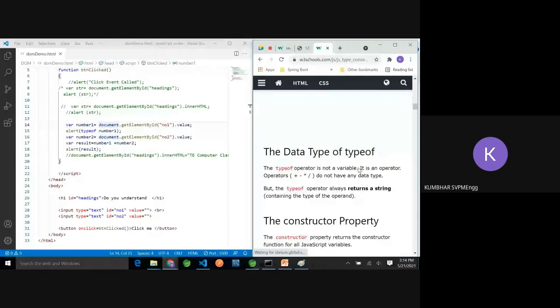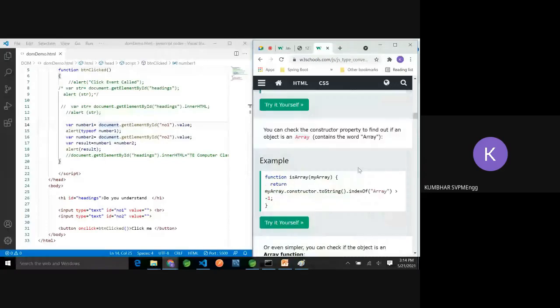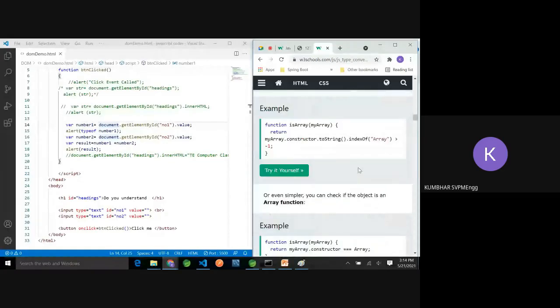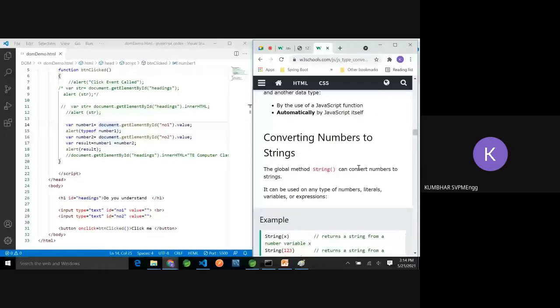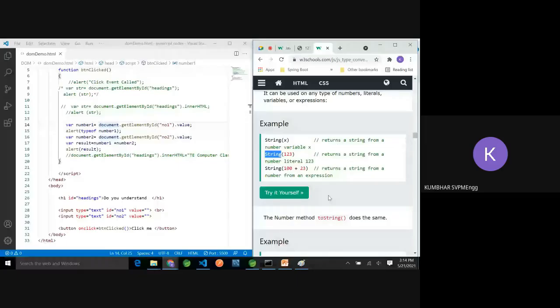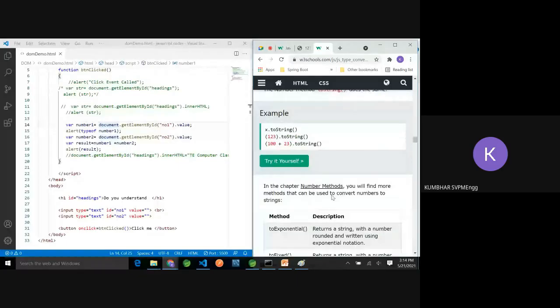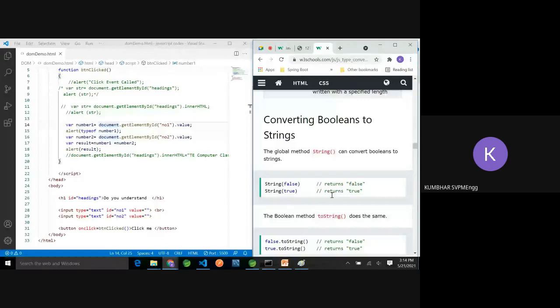I am checking for it. Okay, data type conversion, converting number to string. We have to pass to the string class number. We want the reverse.